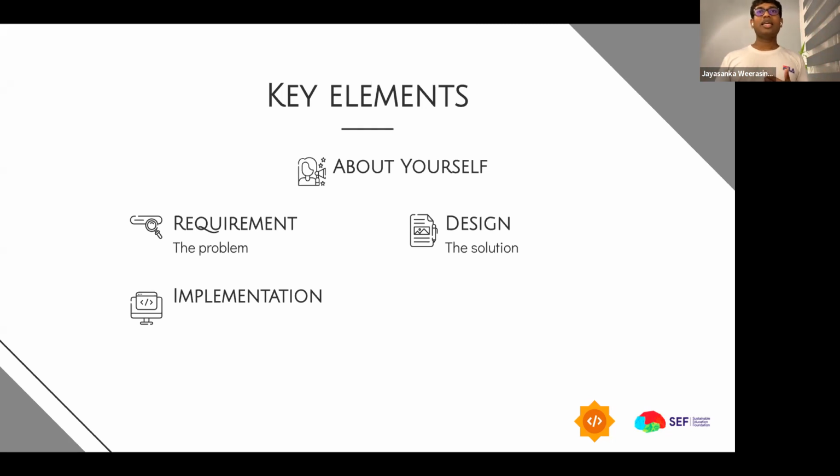The next thing is the implementation. That means how you are going to execute this one. How you are going to implement the solution that you have provided, right? So in there you can come up with maybe some sort of code samples, or you can document what are the tools and technologies that you are going to use. I'm planning to use this library because I think, and so on, right? So then you can document them, right?